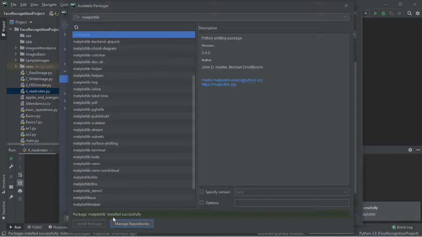Package Matplotlib installed successfully. Similarly, we can install SciPy, Pandas, Scikit-learn, TensorFlow, Theano, Keras, OpenCV, etc. I hope this video is useful to you.